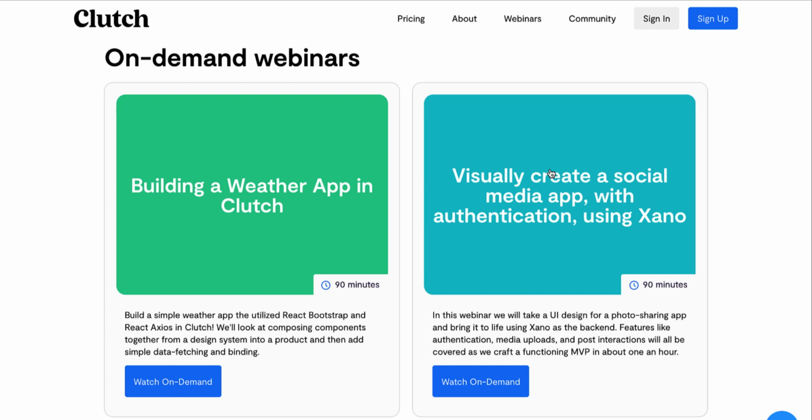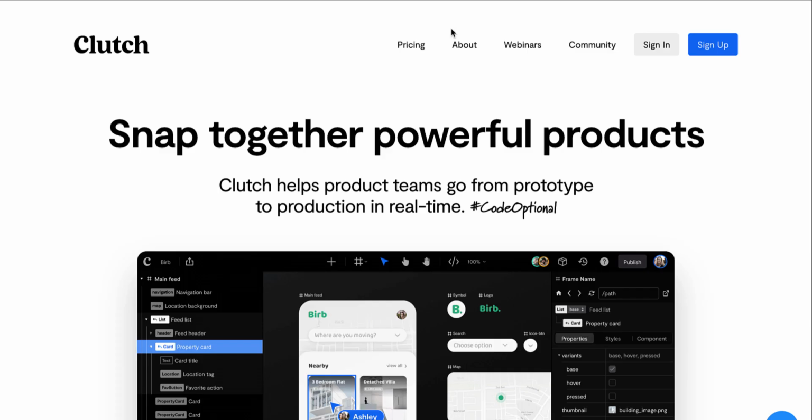And I liked the webinar where it's teaching you, okay, you can use a lot of the things found in the Xano marketplace to use the backend. This is how I would now use it for Clutch. So if you're trying to figure out or see what you would like to do, check out those webinars as well. There's a lot of cool details and nuances to get started with Clutch.